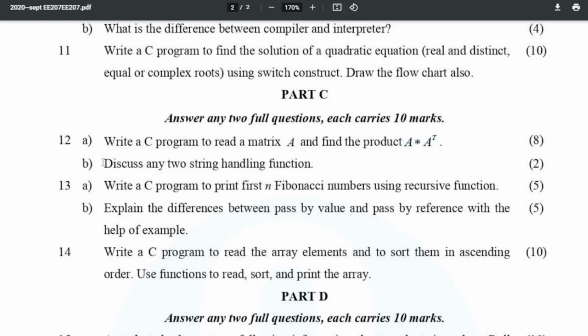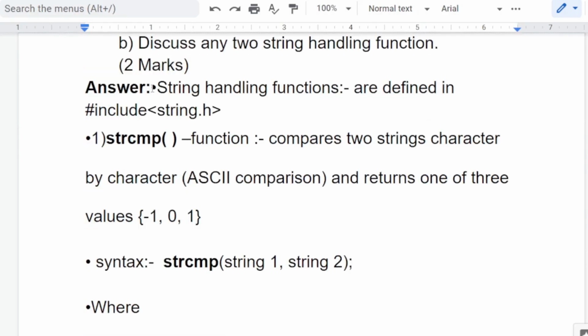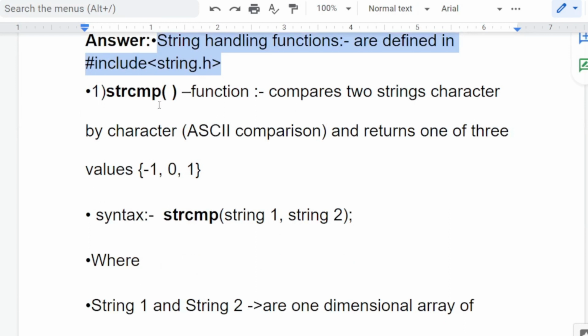Next, 12b, discuss any two string handling functions. So that is for 2 marks. String handling functions are defined in string.h. There are about 10 string handling functions. The first one is strcmp. It is for comparing two strings, and it works as per the ASCII comparison, that is American Standard